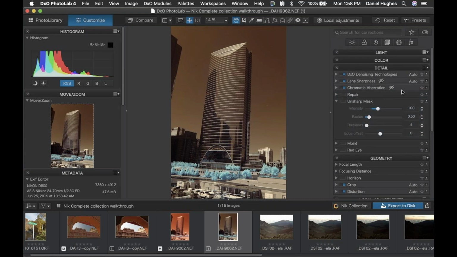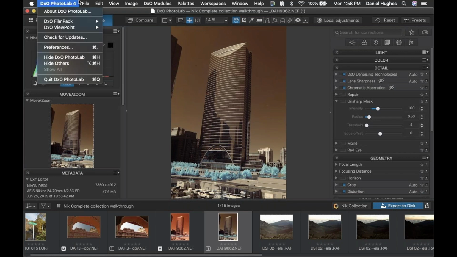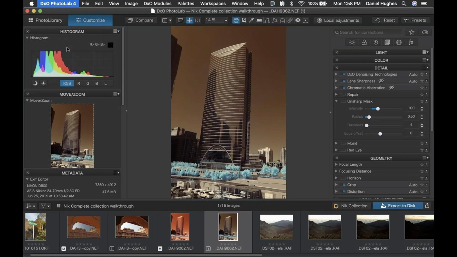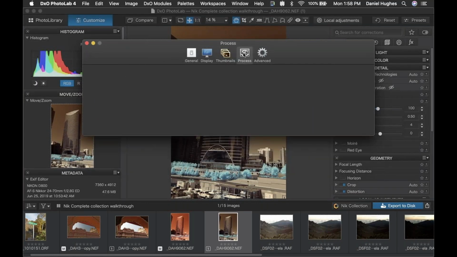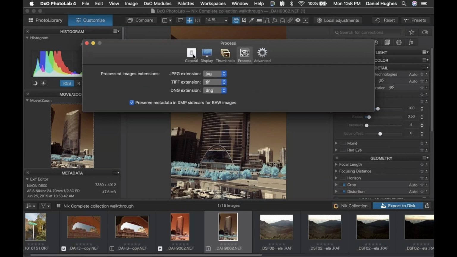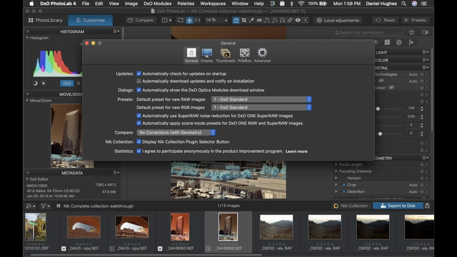Okay, last question here. Philippe is asking, is it possible to prevent the auto adjustment when opening a new picture? Yes. There's a couple ways to do that. I haven't tried to do this in preferences, but I'm going to assume that it's in preferences. So let's go into this, and I'm going into it blind. But I'm pretty sure that in the general, maybe it's in advanced presets. Default presets for raw images. Yeah, so